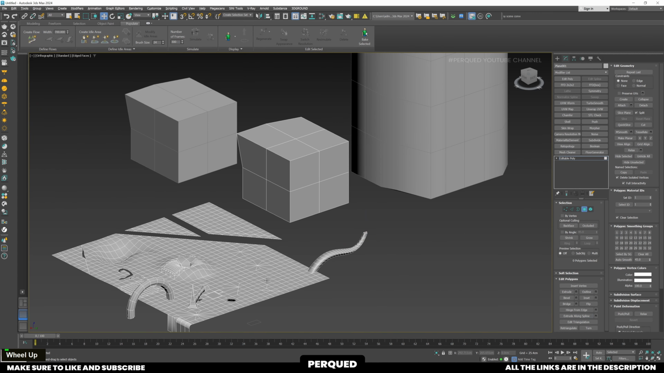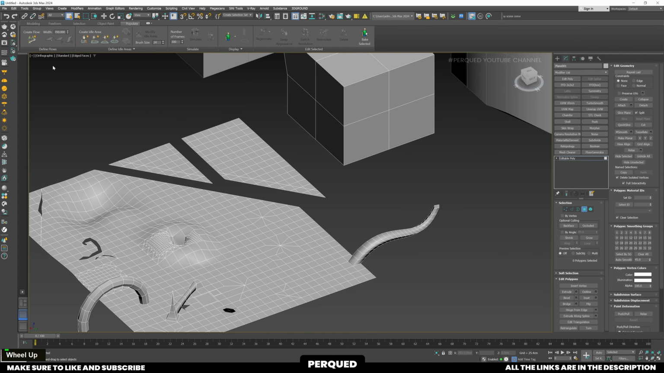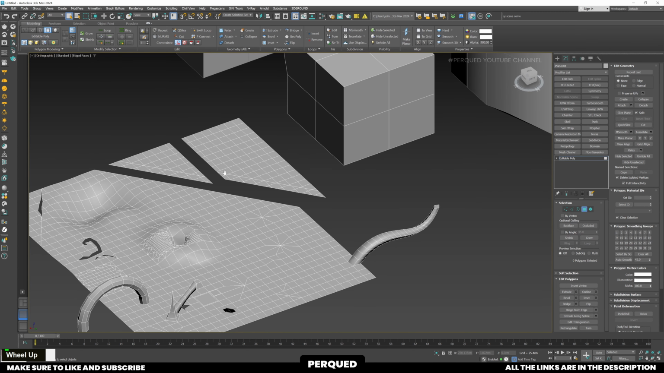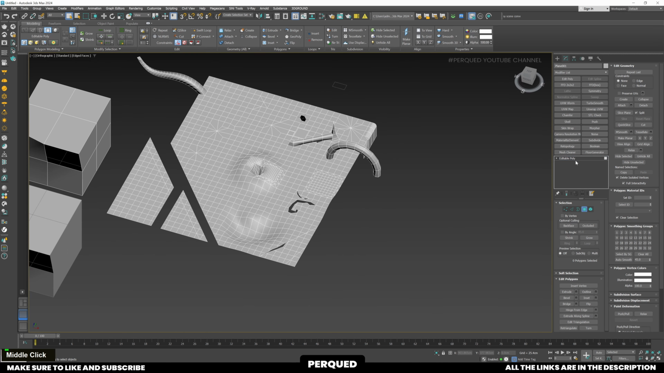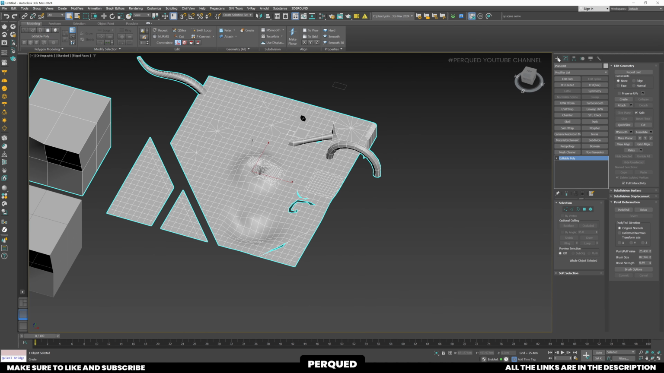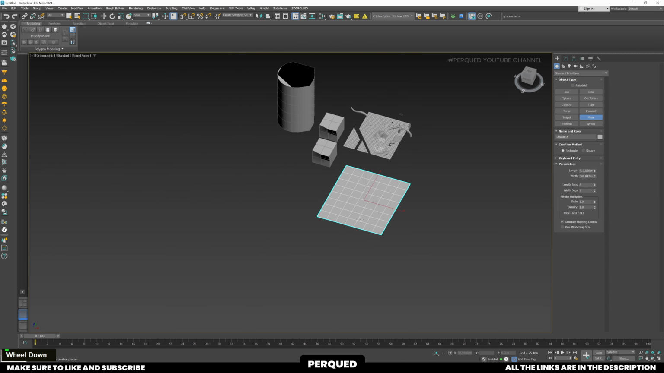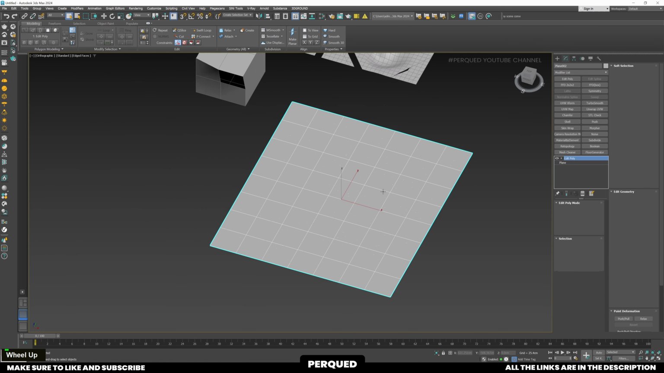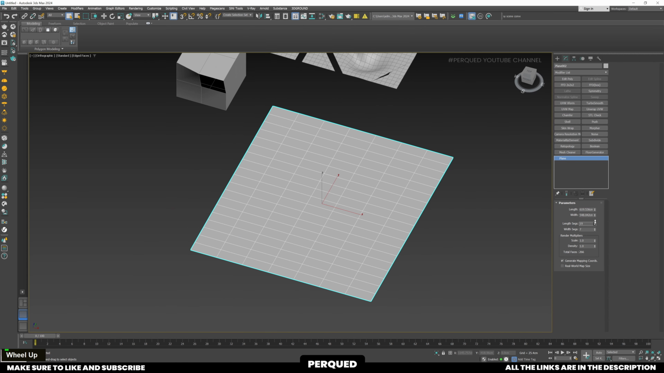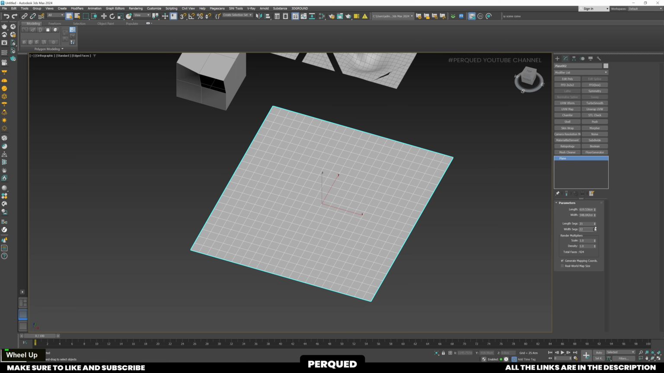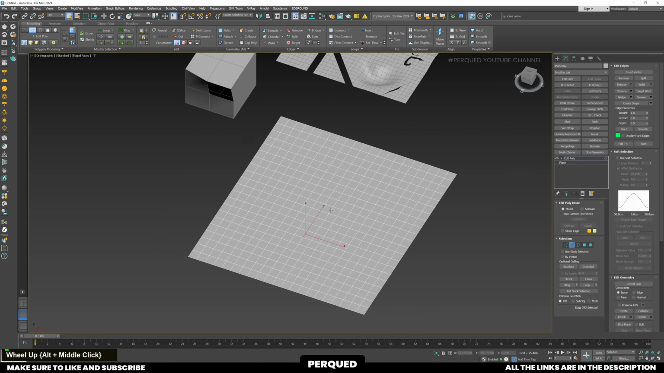From the ribbon, I want to show you one or two options. Create a plane from here, add more segments, right-click, and make it an editable poly. As you can see, a lot more options have come up now. We are not going to see all these options now because they're the same options we already saw in editable